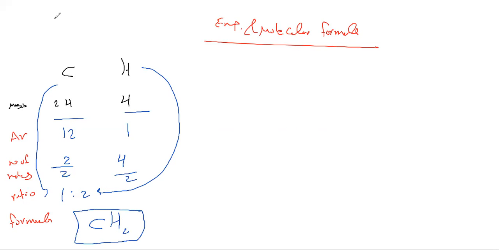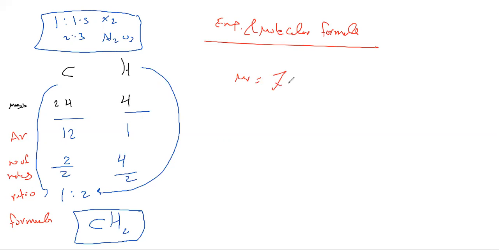In case of a ratio of 1 to 1.5, we multiply by 2 to get 2 to 3, like Al2O3. This is the empirical formula. After that, for the molecular formula, if we have a molecular mass equal to 70, calculate the molecular formula. Molecular formula equals